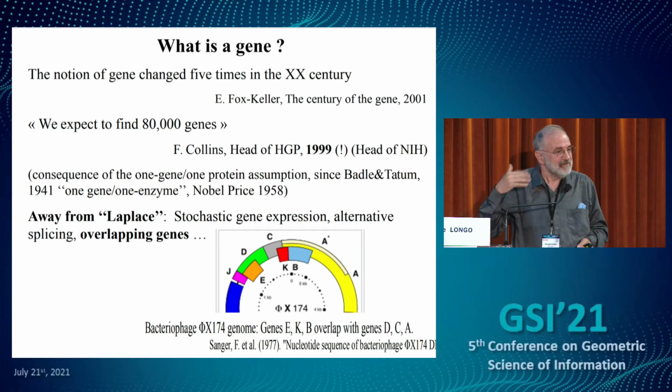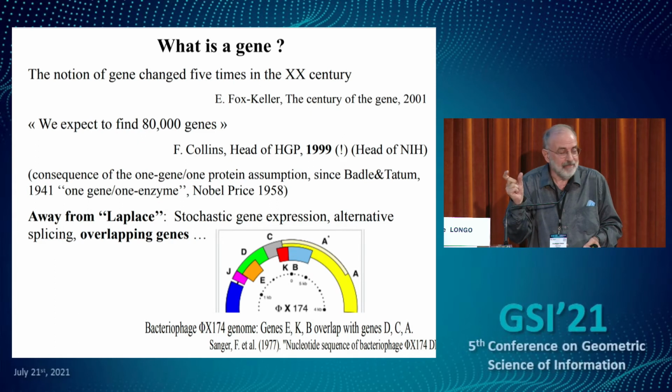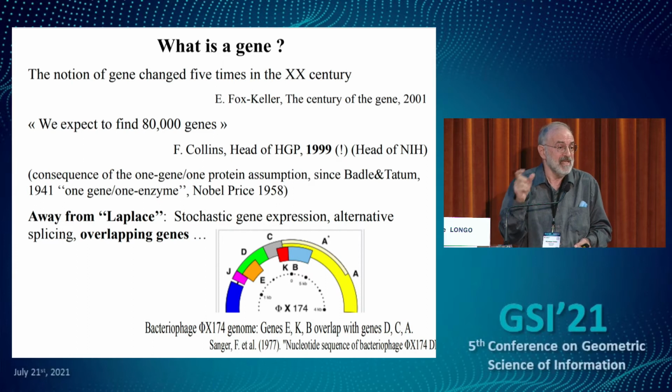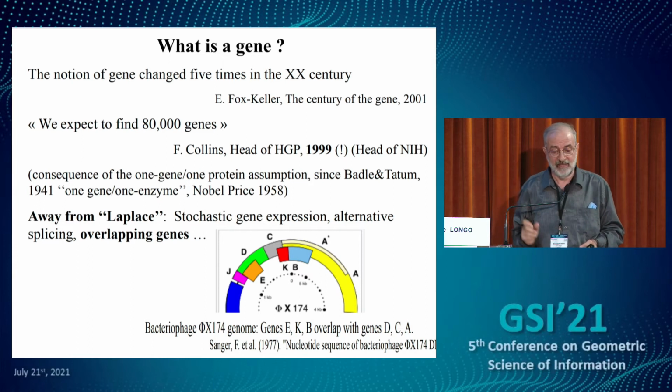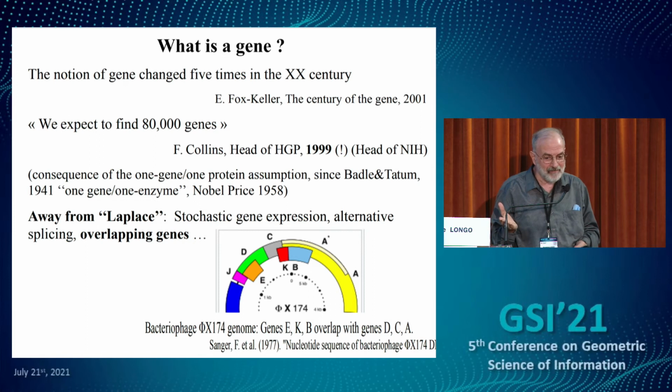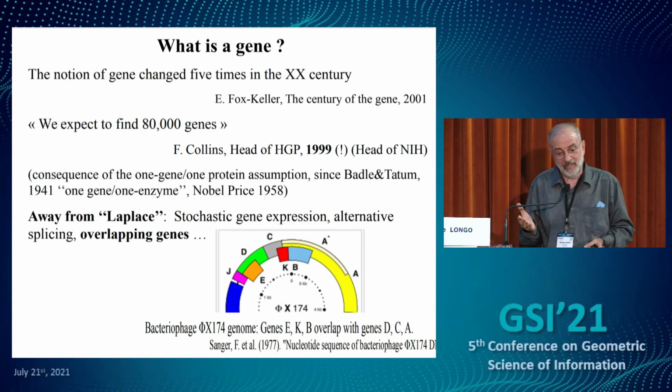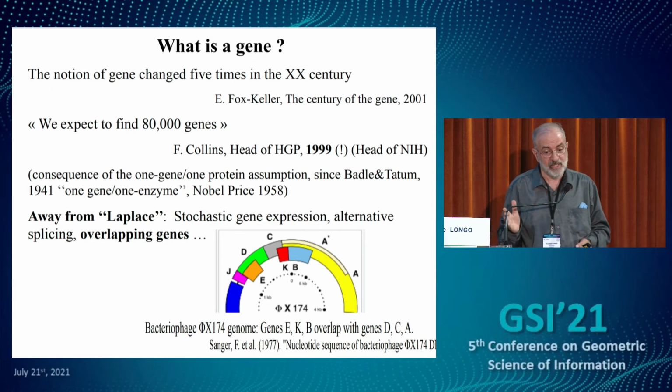The thing that people think is a segment of DNA. Not at all. Alternative splicing shows this is not the case, because it is totally modified at the level of RNA, and there are even overlapping genes. What are overlapping genes? They were discovered in 1977 and totally kept silent for 2 decades. These are situations first discovered in viruses, now noticed to be present everywhere, where you see